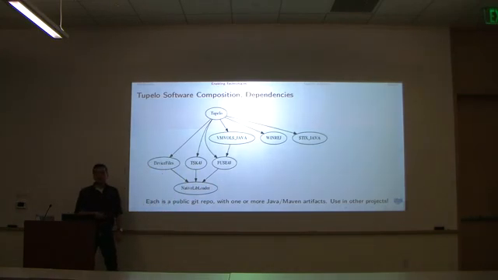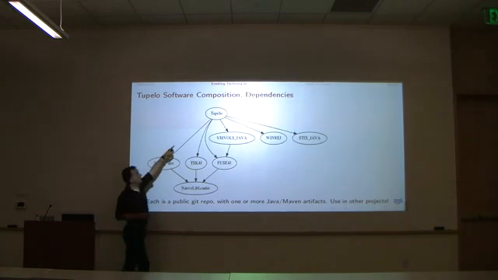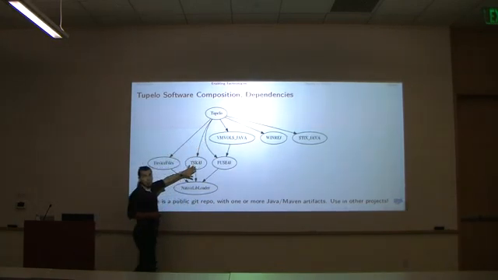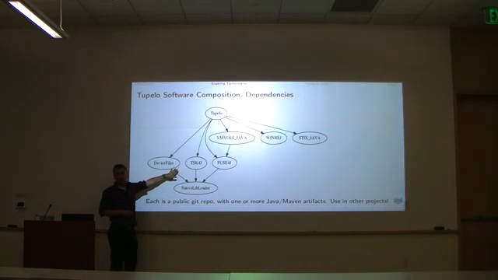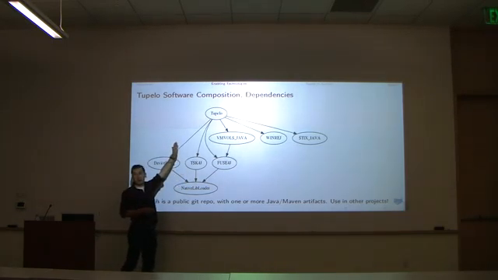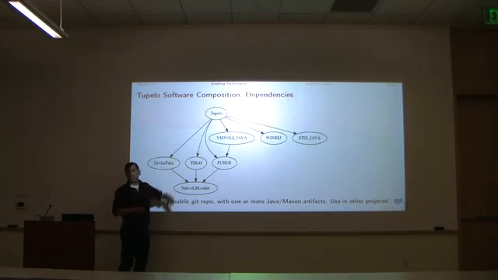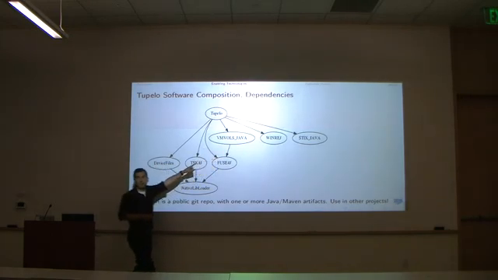Are each of those programs as well? No, this is the only one with a main in it. These are all Java libraries composed as Maven artifacts. My build tool is Maven, so if you check this out from GitHub and type Maven, it'll build you a jar. And then you need that to be able to build that. So you check that out of GitHub and you do Maven on that, and now you've got two Maven artifacts in your local repo. If you walk in reverse up that diagram, finally Tupelo would build. What I'd like to do, and never have found the time, is to put the binary versions of all these on Maven Central.